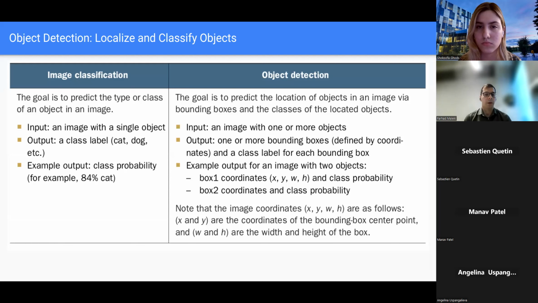We don't care about the location of that object, or if there is one instance or two. What we want to say is there's a cat in this image or there's a dog in this image. Usually we look at this as a model that gives us the probability of each class: the probability of a cat being in this image, a dog being in this image. That's how image classification works.